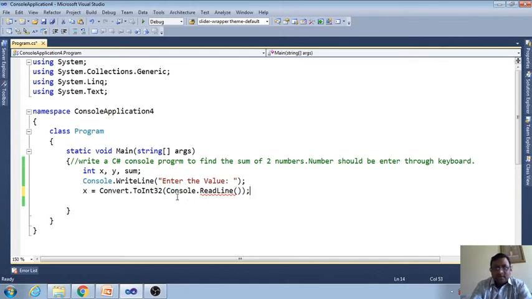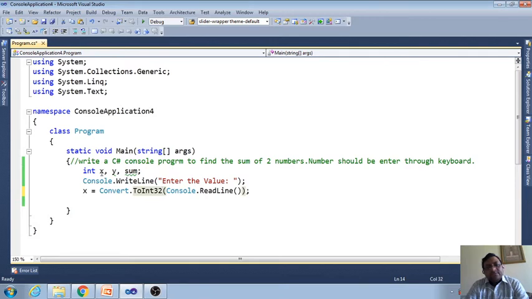This is the line of code you have to write when you are going to take data from the keyboard. Now the question is, what is Convert.ToInt32? Let me explain.